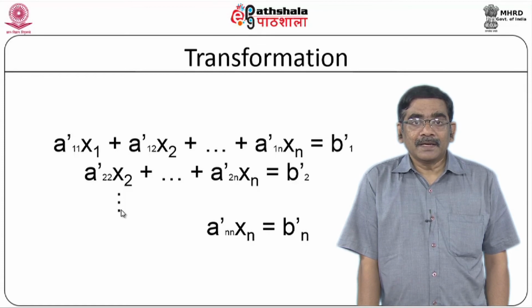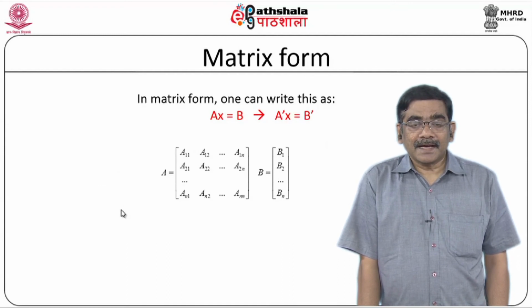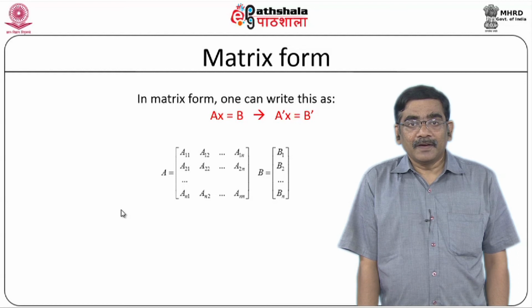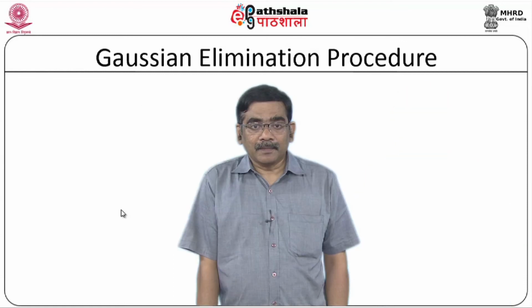Now, you can see very well that you have an upper triangular matrix, which is more amenable to solution. Now, I can use back substitution and solve this problem. In matrix form, I can represent the previous case as the problem of transforming Ax equal to b into another problem A prime x equal to b prime, where A and b are matrices like this. So, this is the matrix formulation of the Gaussian elimination problem.